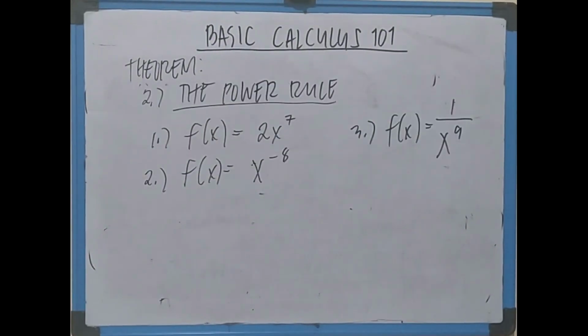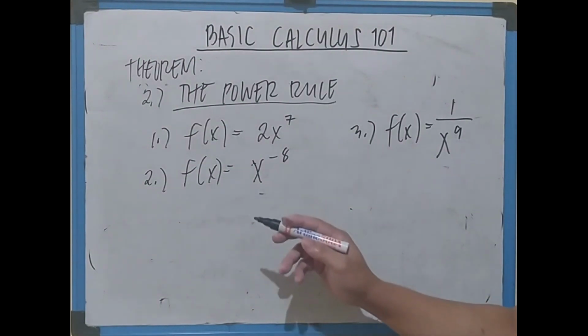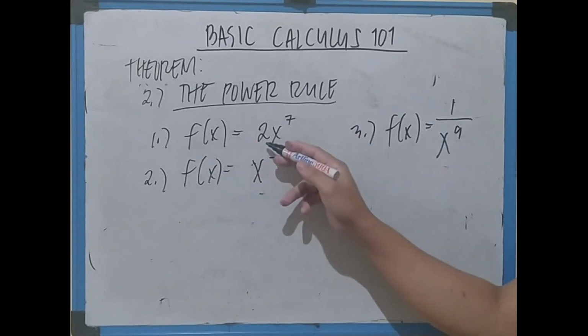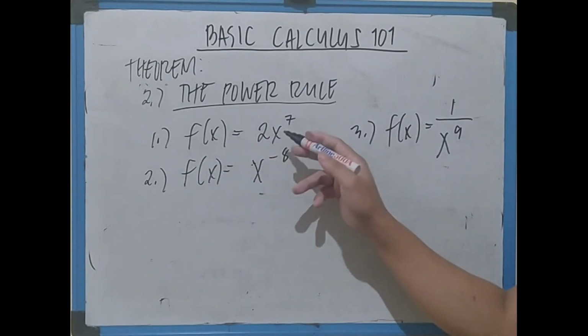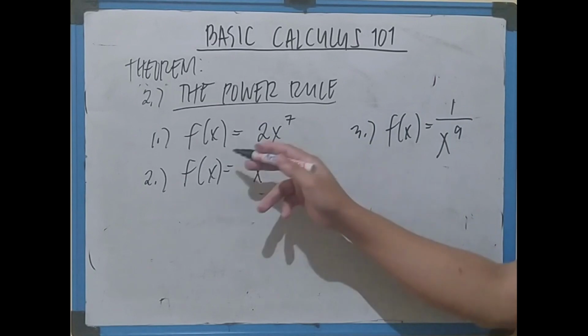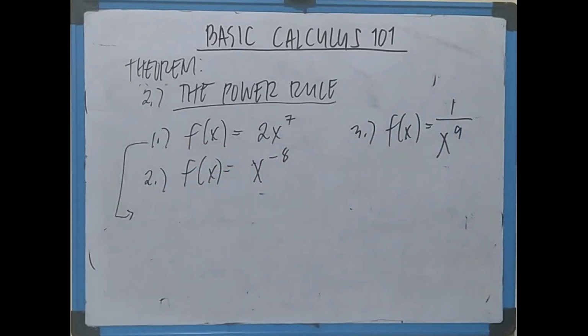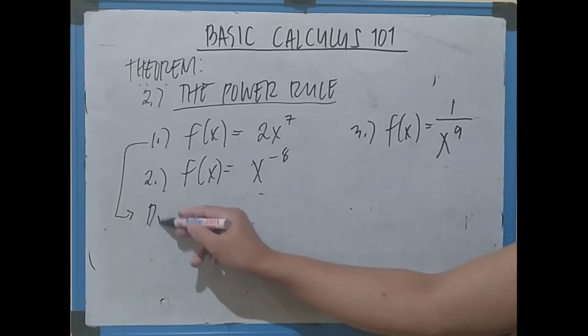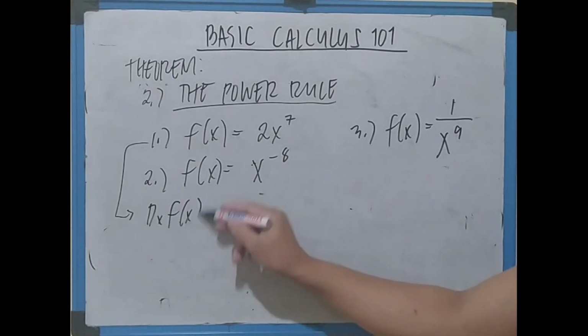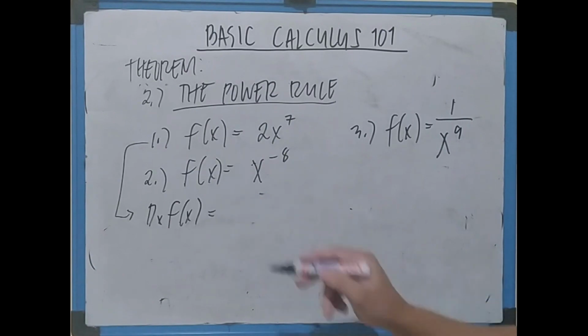Okay, so example tayo guys na tinatawag na power rule. So, pagsabay na natin the positive and the negative exponent. Now, okay, so first one, we have f of x here is 2x raised to 7. So, we wish to find the derivative of this one, ang gagawin lang natin ay ganito po. So, applying the power rule, we have the dx or the derivative of f of x is equal to, since we have here 2x raised to 7,